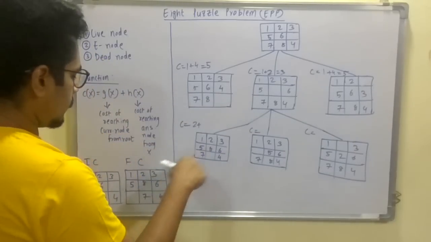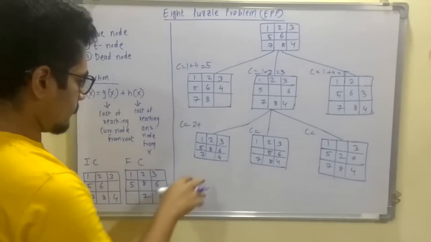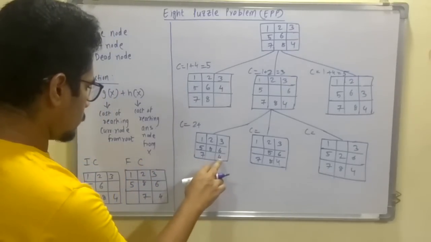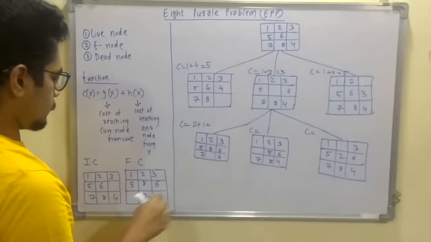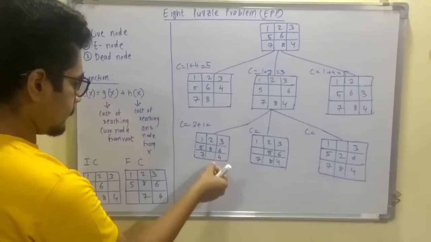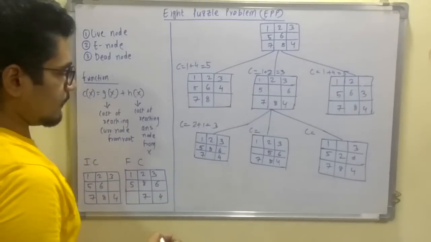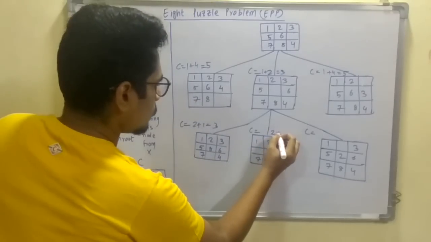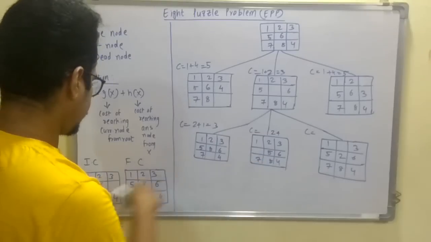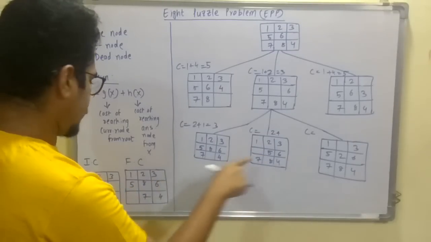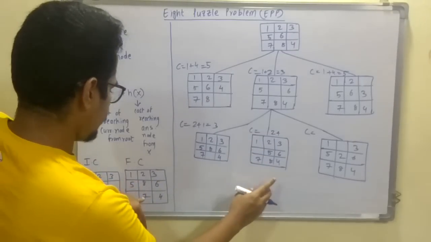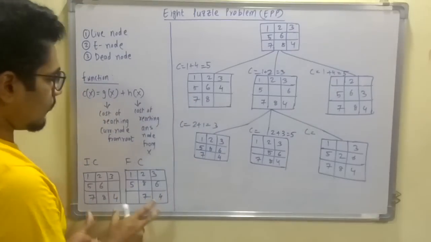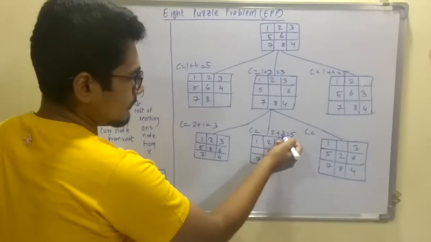So it will be 1, 2, 3 as it is, 5, 8, 6 also as it is, and this is 7 and 4. So you need to have only one move. So this 7 needs to be changed to this place, so it would be 3 here, and this is like 1, 2, 3, and you will add 2 plus, we have 6 here. We need to change 1, 2, 3 tiles here, so it would be 5. And just concentrate on this final configuration where you have to move the changes, then you will get this value